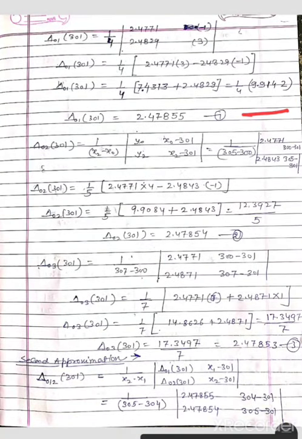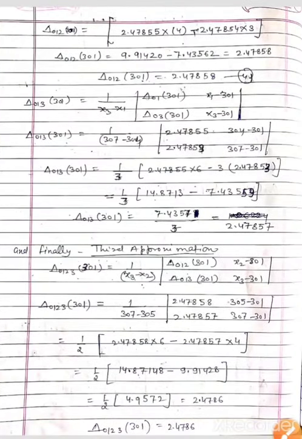We substitute delta 01 and delta 03 in this formula, with x3 equals 307 and x1 equals 304, and solving this determinant, we obtain the second approximation delta 013 at x equals 301. The obtained value is